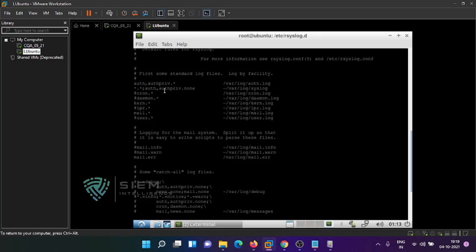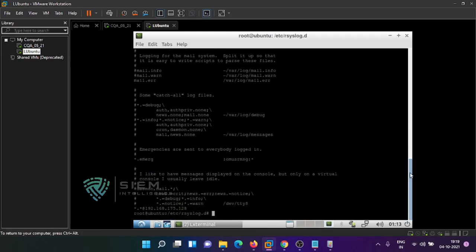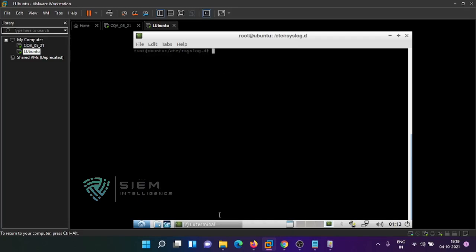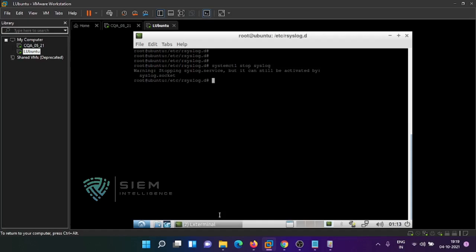So this is the generic activity which you have to do in any Linux. That may be syslog.d, that may be rsyslog.d. After doing this, you need to first restart the service by using systemctl stop syslog. Okay, it's already stopped.